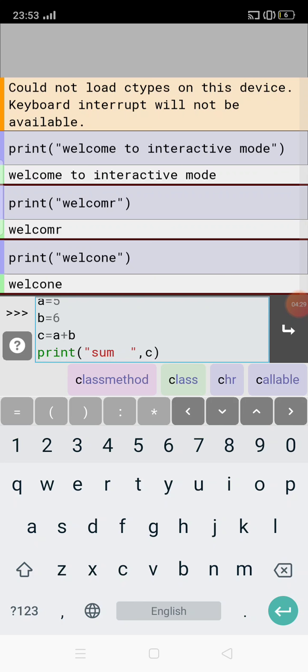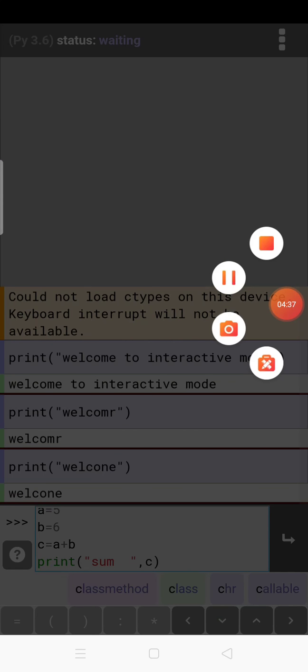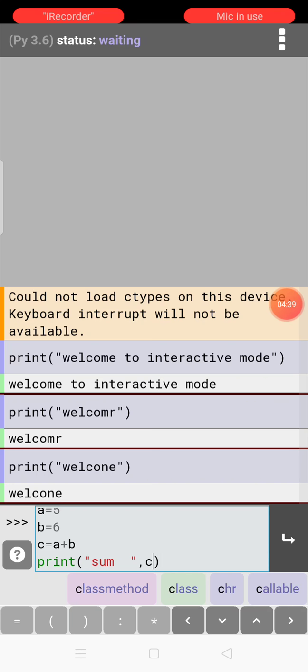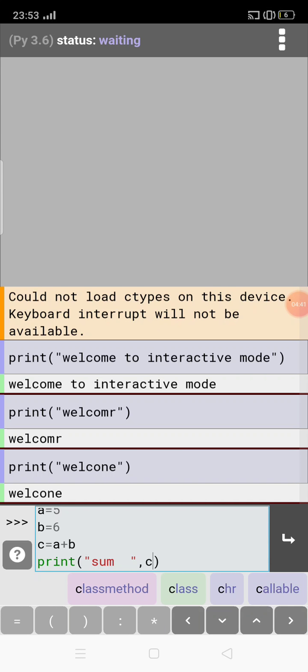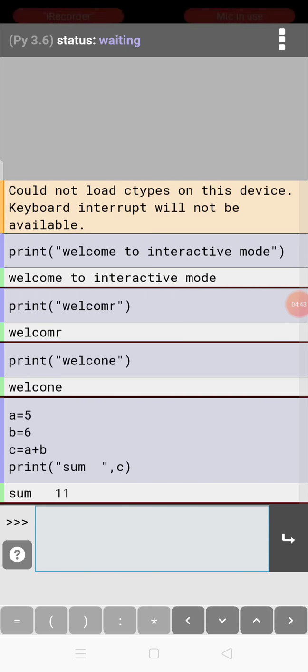Now I am going to press the enter key from the interactive mode pad, not from your keyboard pad. Now it displays a equal to 5 and b equal to 6, c equal to a plus b, print sum c. The c value is equal to 11. Here the output is 11.